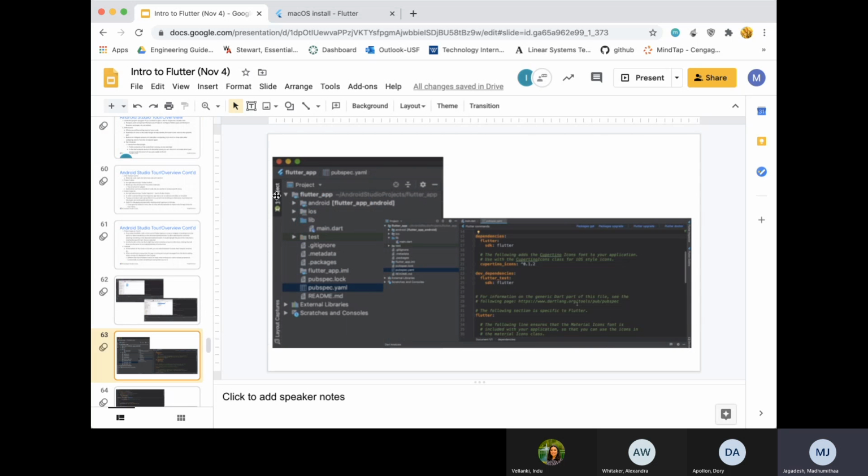So on the far left, that's your project pane. And then you can expand it, but we're going to focus on lib. I mean, you can also expand iOS and Android and see whatever is there. It's usually pertaining to whatever those properties are. And so,